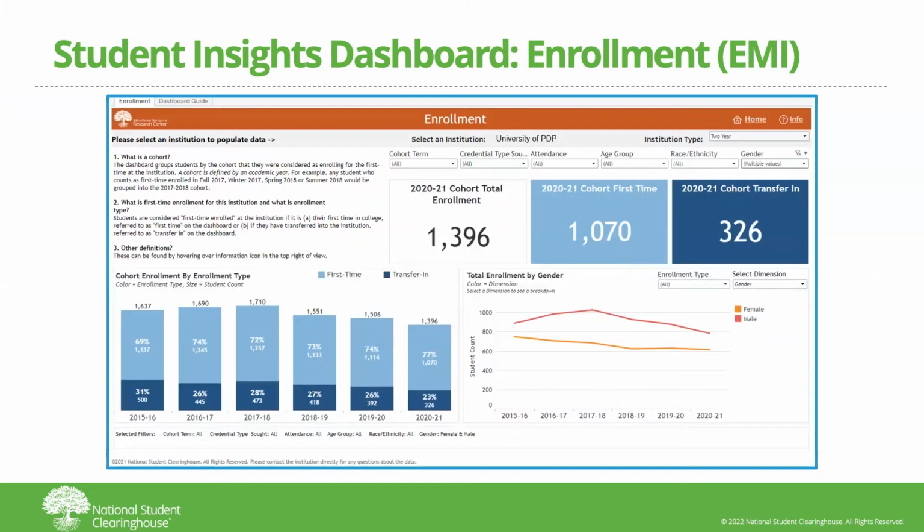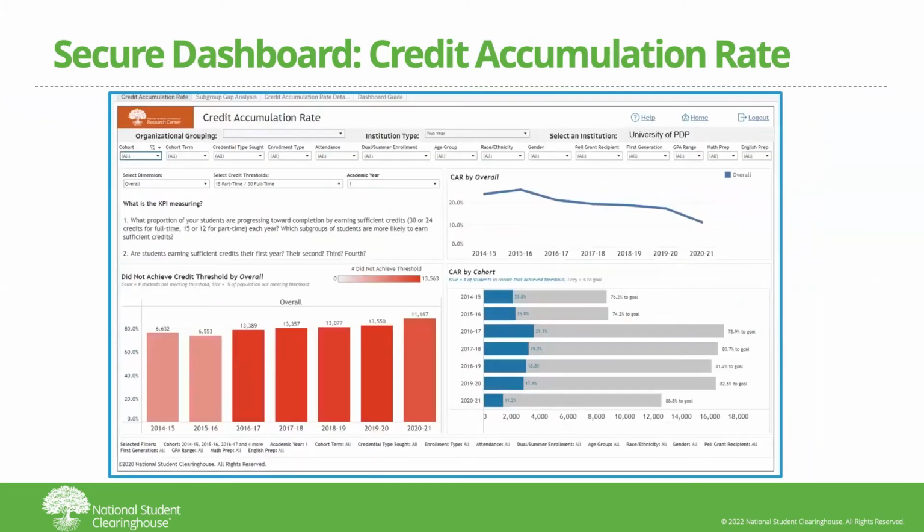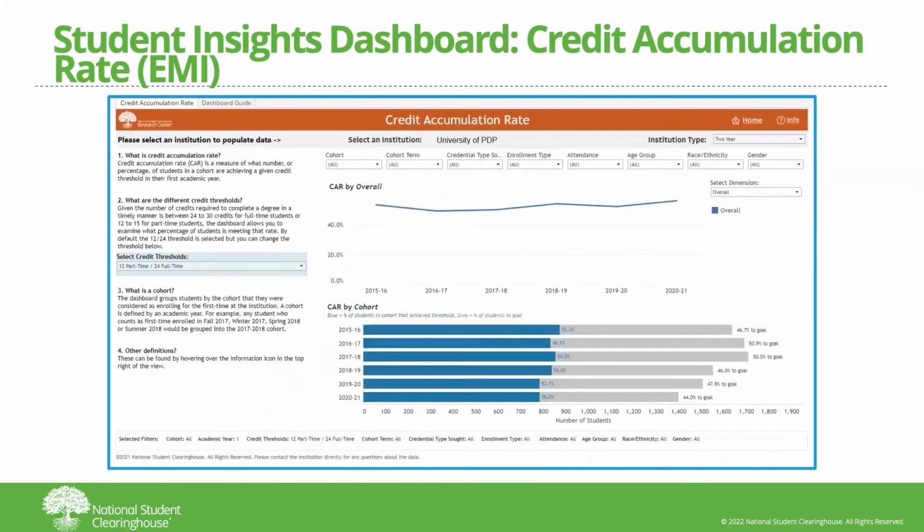But again, under the early momentum, we also have the credit accumulation rate. So again, this is the secure dashboard with demo data version of that. And this is what it would look like. Again, more filtering capabilities, 3 areas here where we visualize the data. And again, what we did on the public dashboard is take that streamlined and publicly focused approach. And so we actually removed one of the quadrants from this